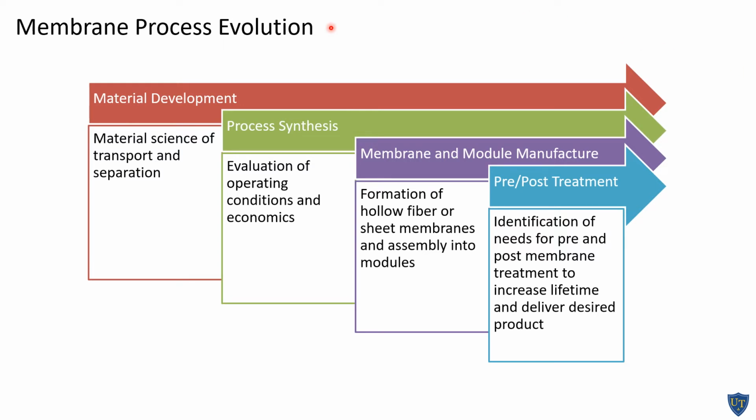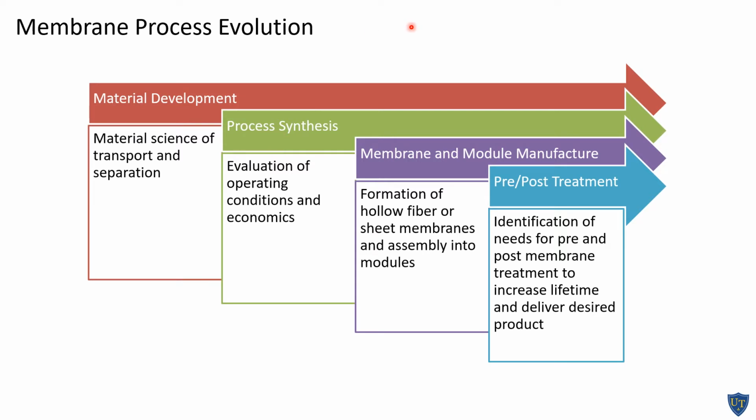The path begins with the discovery of a material that possesses interesting transport properties that will allow selective permeation when there's a chemical potential that's imposed across it. So membrane process evolution starts with this material discovery. And this is where the academic world is primarily involved in membrane process development. The decision whether to start commercialization typically is based on initial analysis of a separation process that utilizes that membrane. There's an initial process synthesis step, and based upon this, a decision would be made as to whether you want